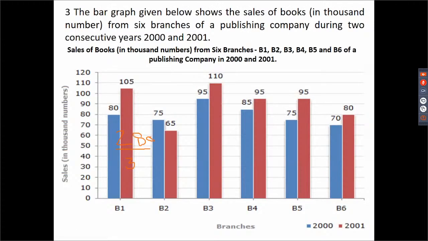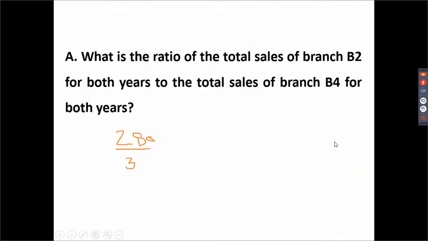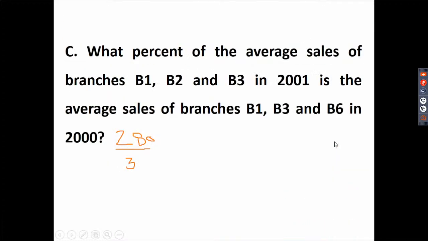B1 in 2000 is 80, B3 in 2000 is 95, B6 in 2000 is 70. So 80 plus 95, 175, 175 plus 70, 245. So 245 is the total sales of B1, B3, B6 in 2000. The average is nothing but